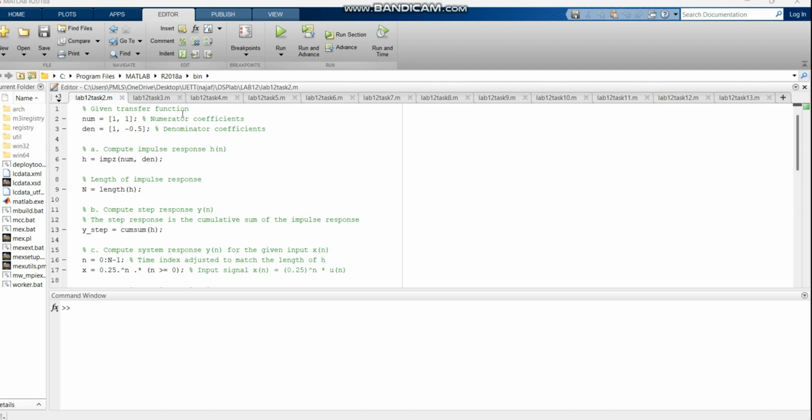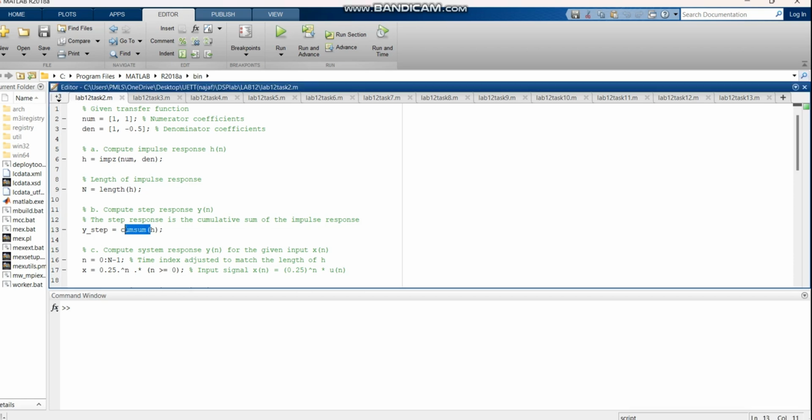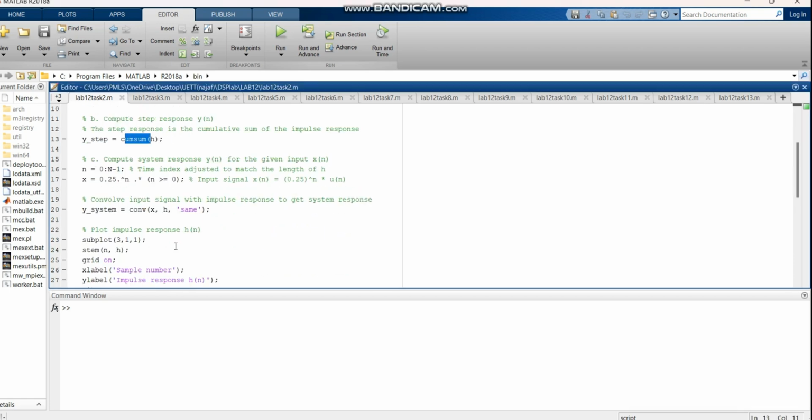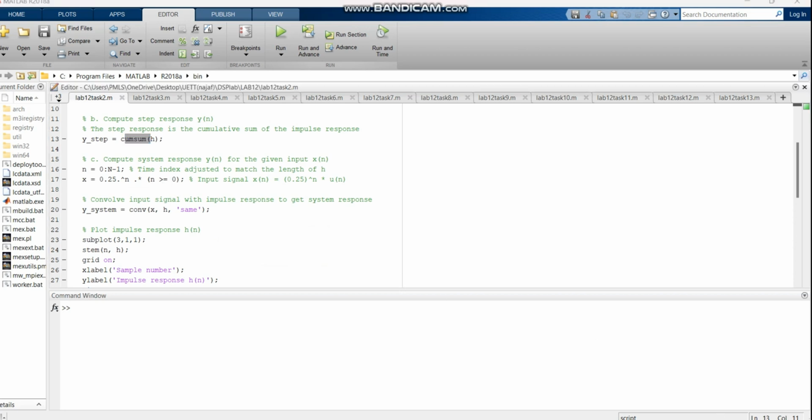Then for the computation of the impulse response, we use the function impz to compute the impulse response of the system. To determine the length of the impulse response, we use this capital N. For the computation of the step response, we use this function here that computes the step response by taking the cumulative sum of the impulse response. For computing the step response for the given input,